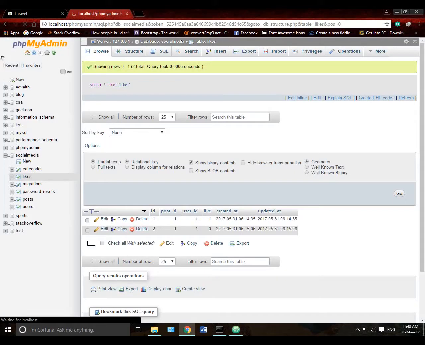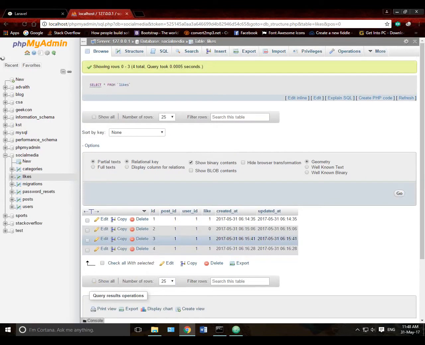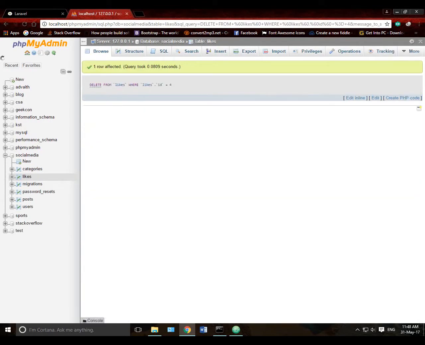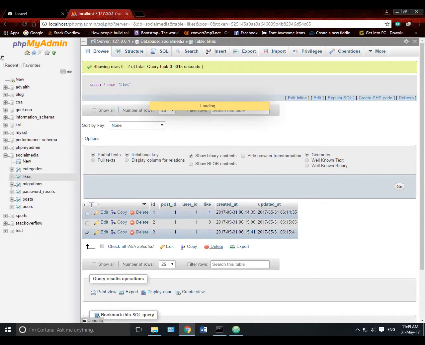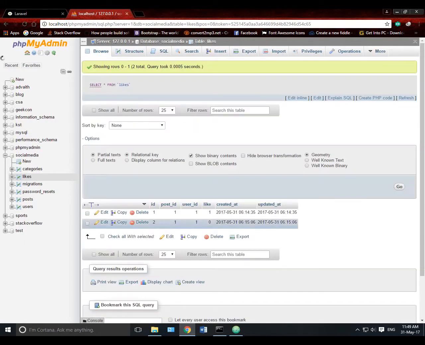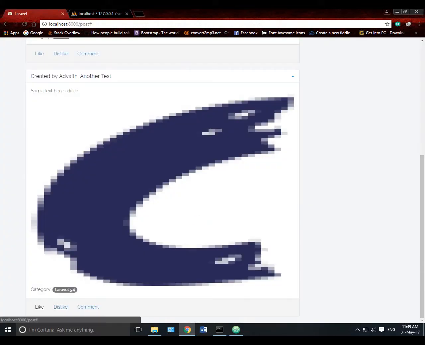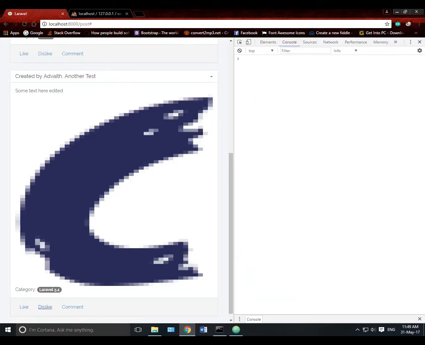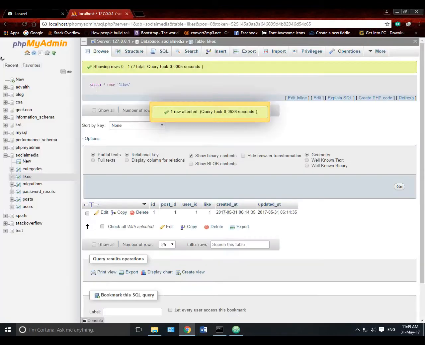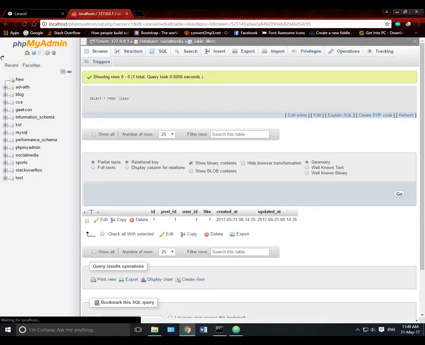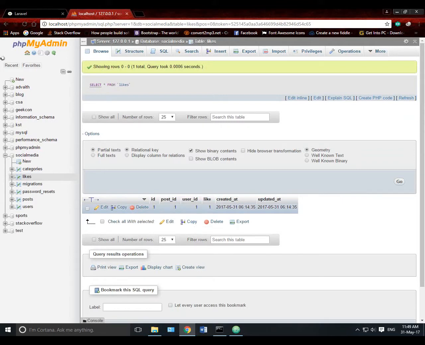Just reload it and I will show you. There's 4 of them, so do a multiple delete, select them, delete, yes, okay. Now here, now you can see that no more IDs